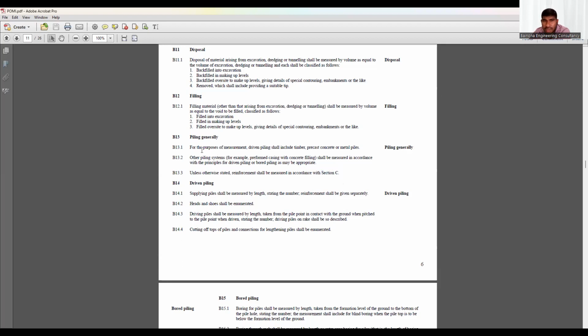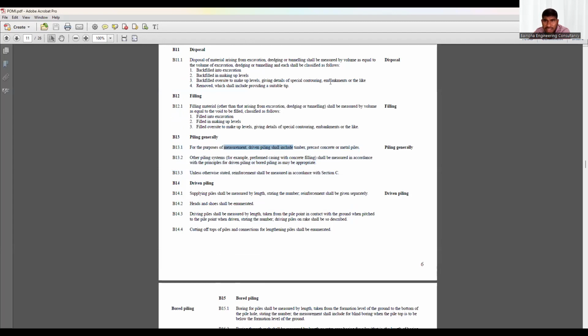So what I will do now, since I am against this standard in my pricing, I have to go back to the pricing preambles and modify them. They said here that you have to measure the reinforcement under section C, and in the bill of quantities you have to put the reinforcement of the pile under section C. But I said I'm going to put it under section B only, under the piling. So I will modify my pricing preambles accordingly. I'm against this condition, so I'm modifying it in the pricing preambles. I declared that. So guys, here they are talking about these driven piles.